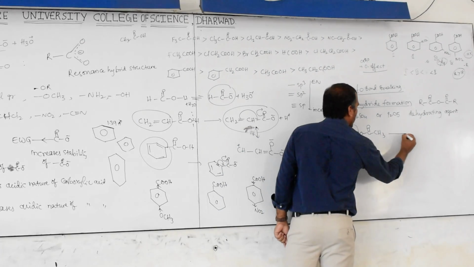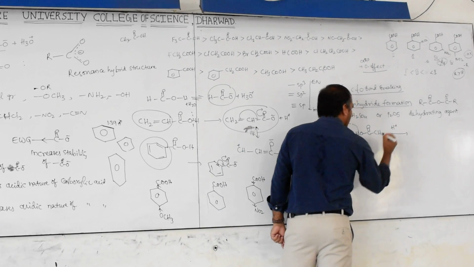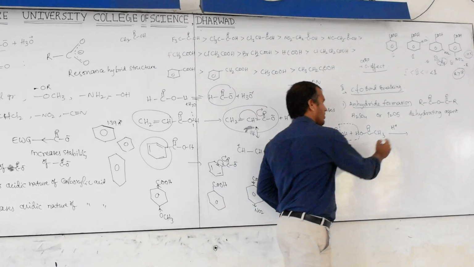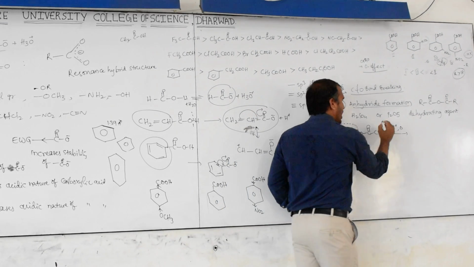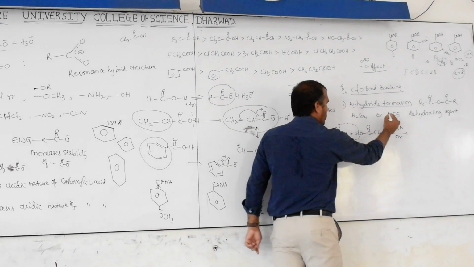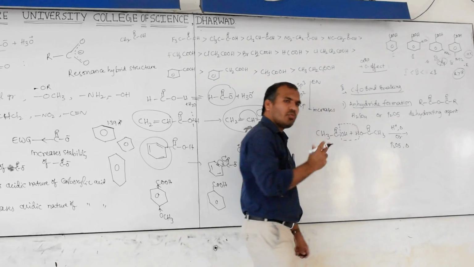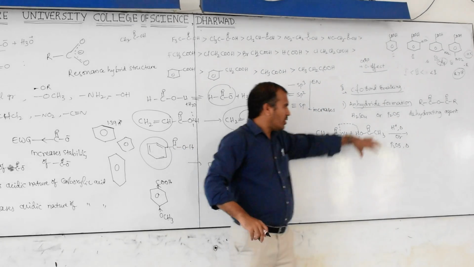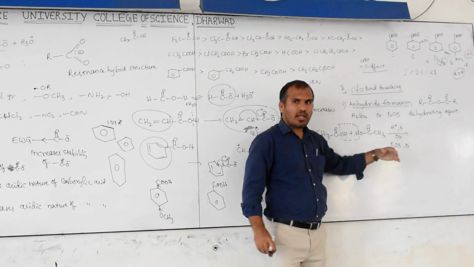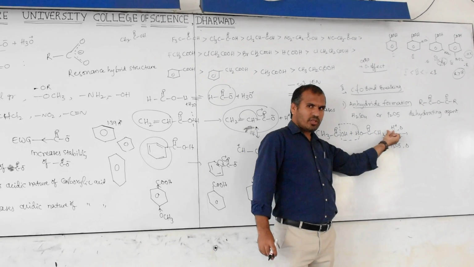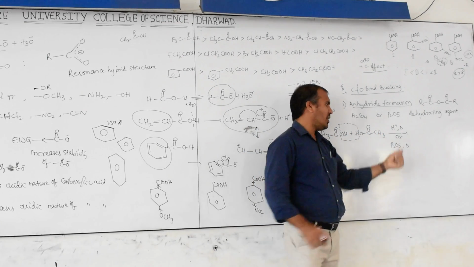And keep in mind, generally acids are represented with H plus and heat. Otherwise, we have to use P2O5 and heat. Use any one, not both at a time. Acetic acid treated with H2SO4, generally concentrated. On heating, we will get